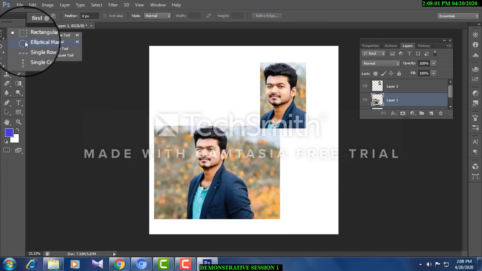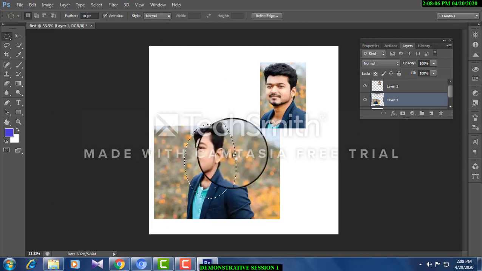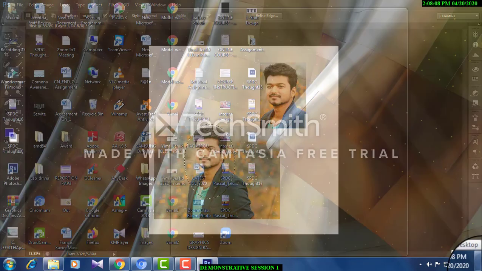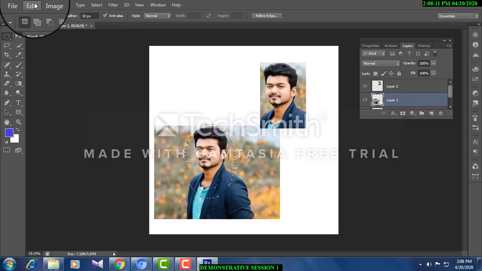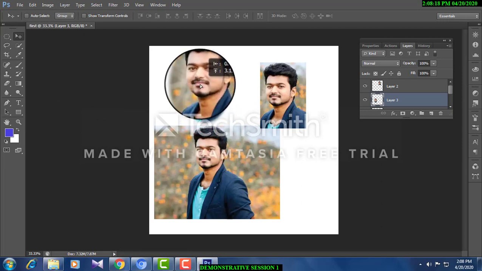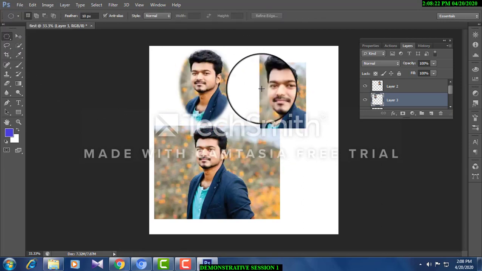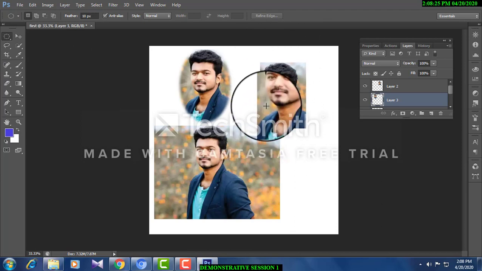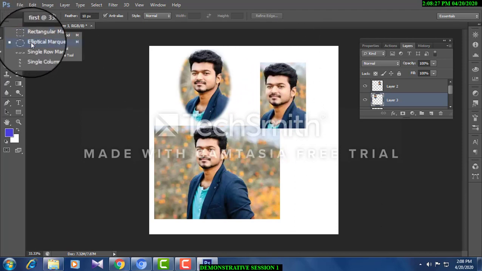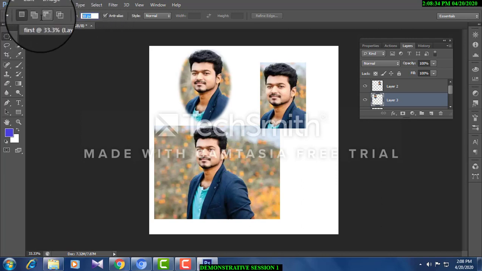Now I'm moving on to the elliptical marquee tool. See, mark this. Now Control C. Go here, Control V and paste it. Now you have one more layer. You know what the difference is between this and the elliptical marquee tool? You are able to cut in a rectangle or square shape with this, whereas here we use this to select as a circle or ellipse. Is that clear? Now one more trick that I am going to tell you.